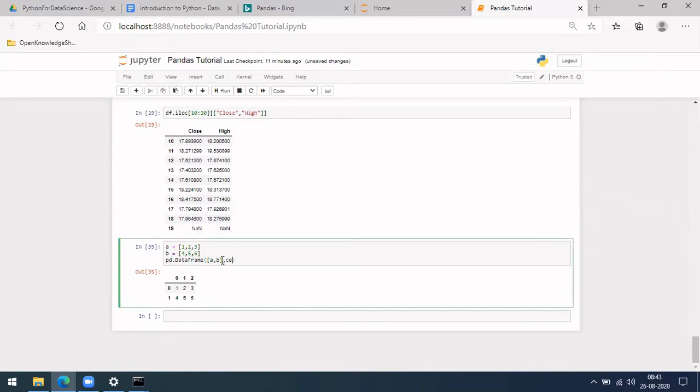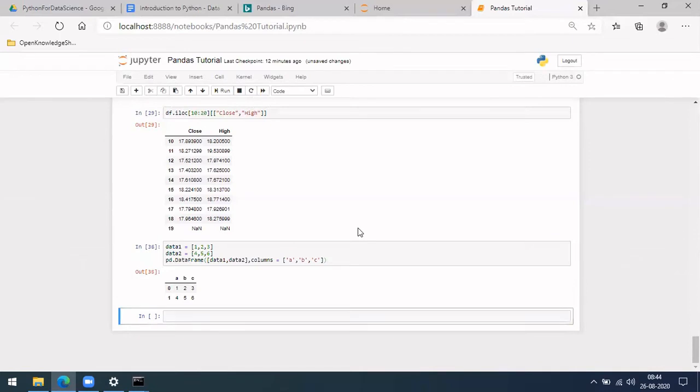Let me give different column names: columns equal to data 1, data 2, for an easy thing. Here there are three columns, so it should be a comma b comma c. Okay, you can see here.